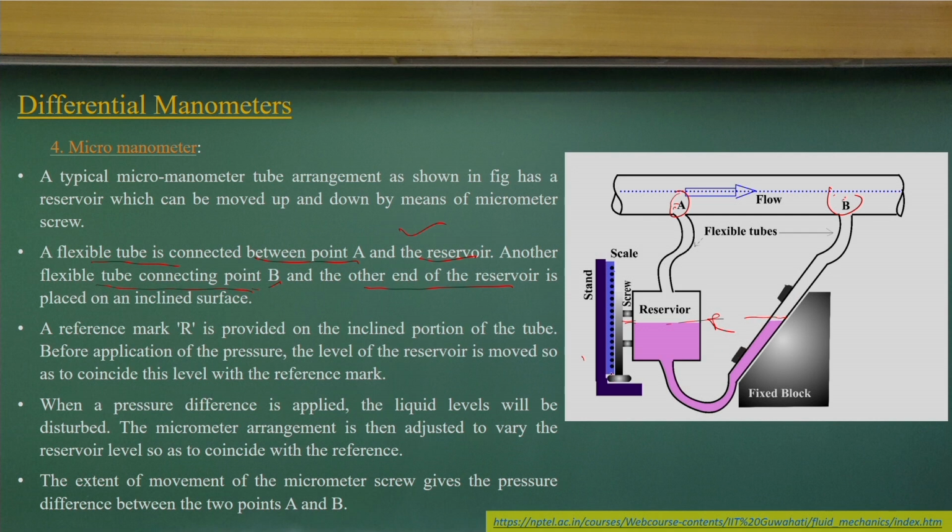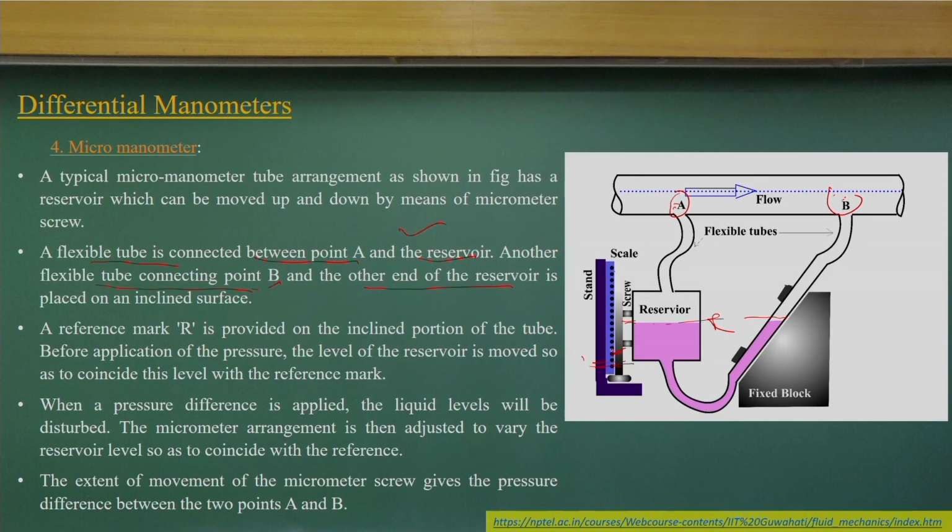Here we just rotate the screw until we bring it to the reference level, and that lifting of this reservoir with the screw arrangement will give us a reading at this point, which is the pressure difference between these 2 points. So, it is a simple arrangement with a reservoir, the inclined one. We can use the pressure equations to solve it, or adjust the level of the reservoir with the help of the screw, and the screw is